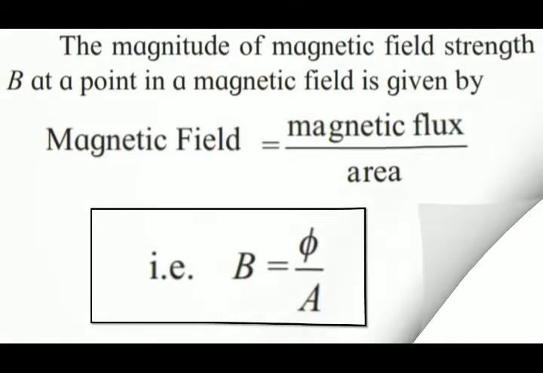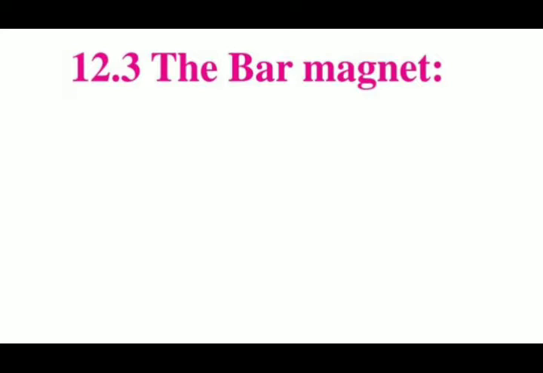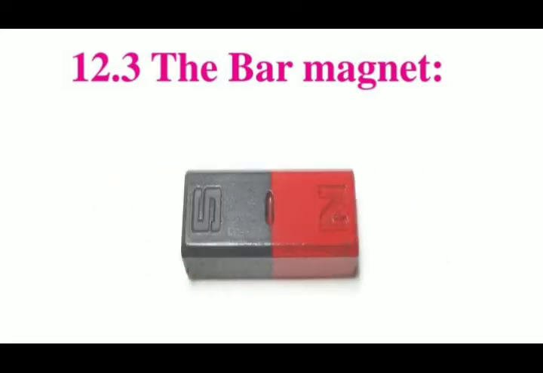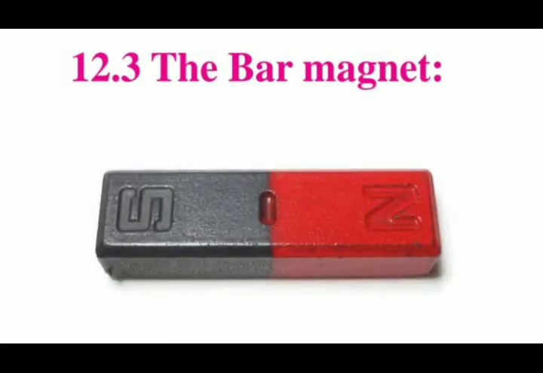Now today we are having some new subtopics, that is the bar magnet. As you see this image, this is known as a bar magnet, that is a bar of a magnet which is called bar magnet. And as usual we know that a magnet is having two fictitious poles, that is south pole and north pole. As you can see here, S stands for south pole and N stands for north pole.